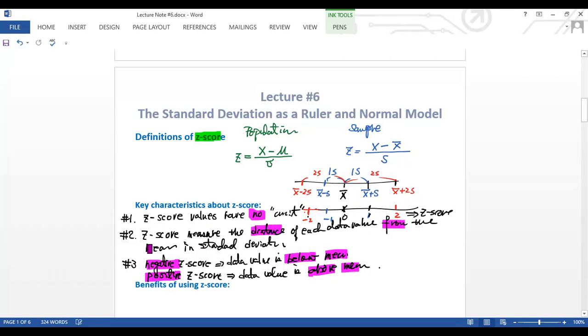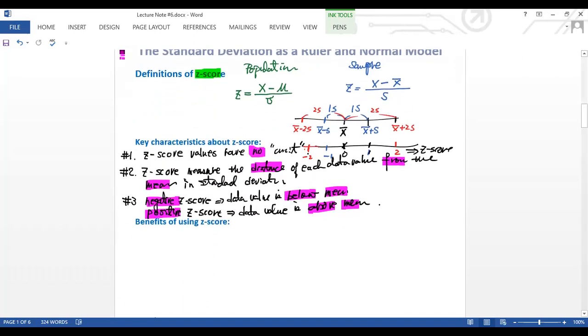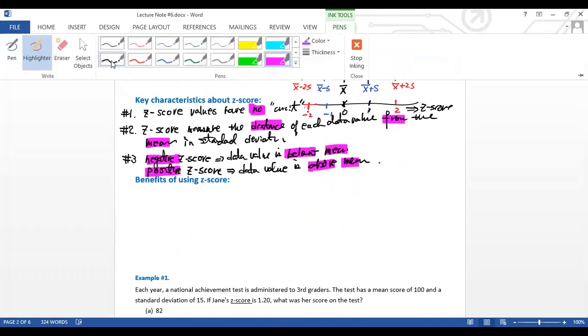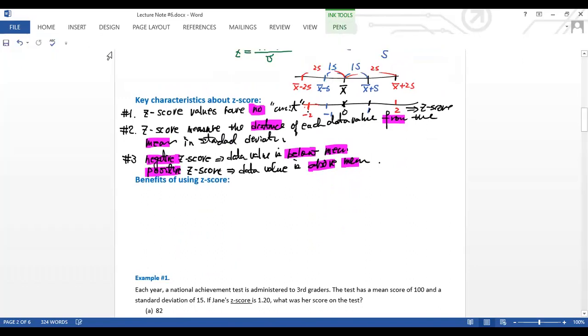From where? From the mean in standard deviation. That means how many standard deviations away from the mean, right? Okay, so now let's take a look at why we want to use the z-score. It has some benefit here. Okay, so the standard value. So we say the z-score,